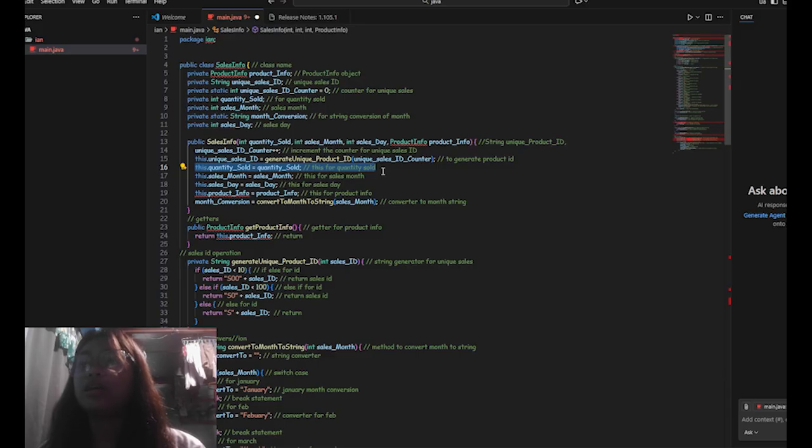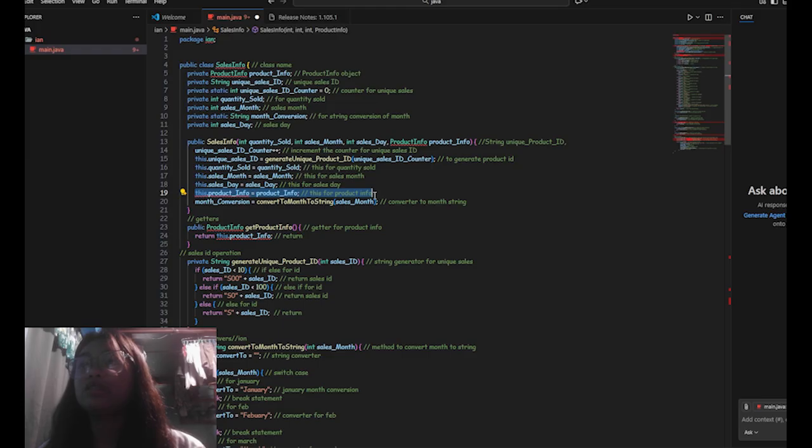The next one is quantity sold. This is to assign the number of items that were sold. The next one is sales month equals sales month. This assigns the month of the sale, and this one is the sales day.